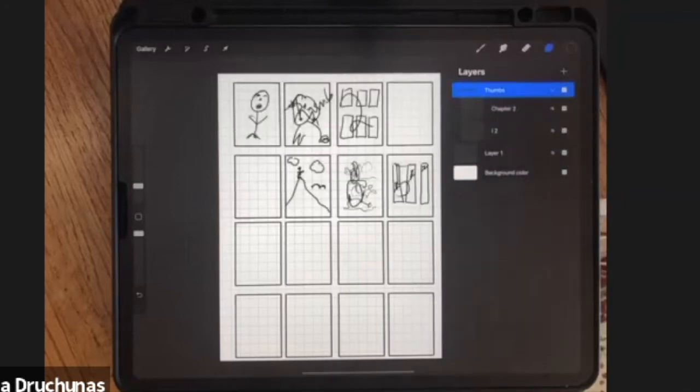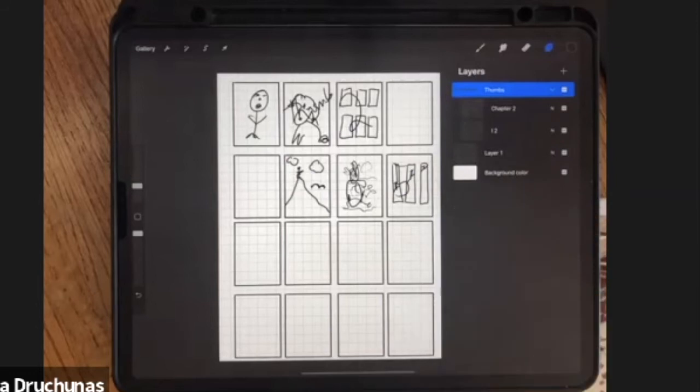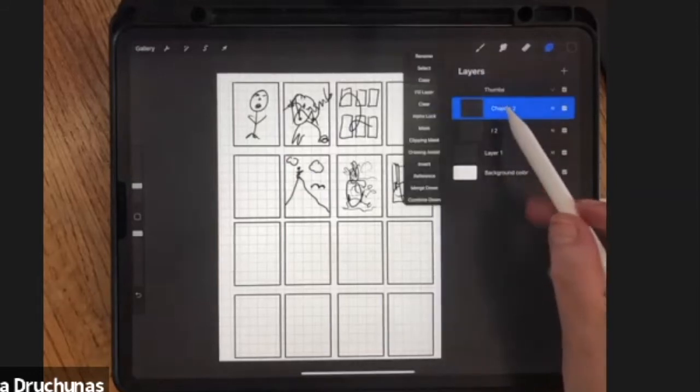I've never seen it create a group when you pinch it. So a group is different than merging. I'm not really sure how that happened. The group happened because Susan put something in the chat, which is true. If you push it up, it makes a group, and there's a thing called merge down. So if you select the layer,